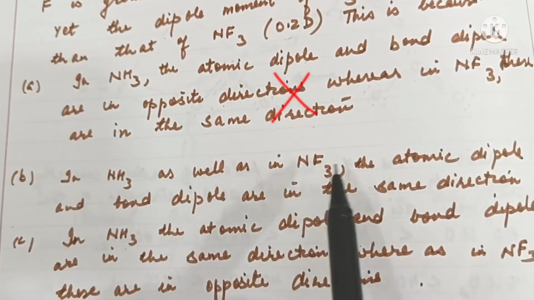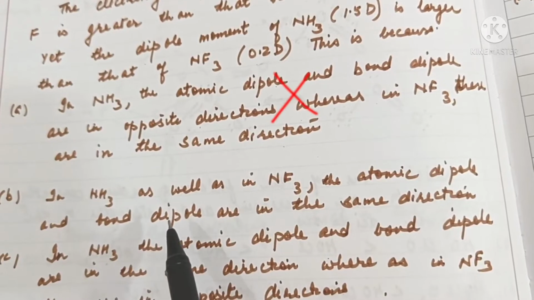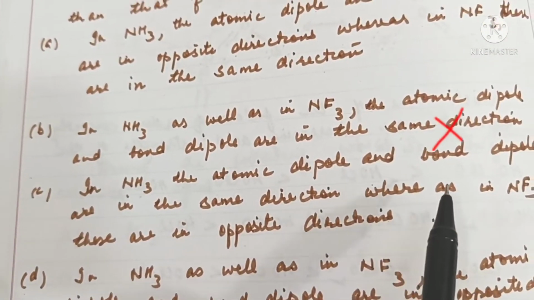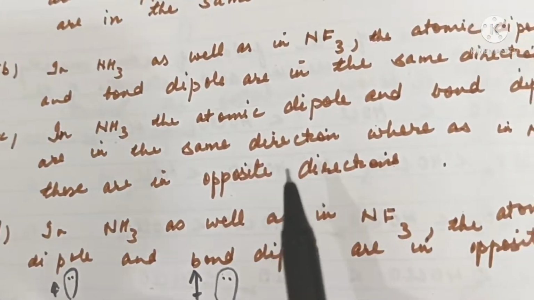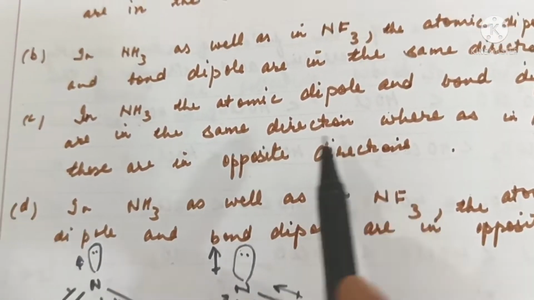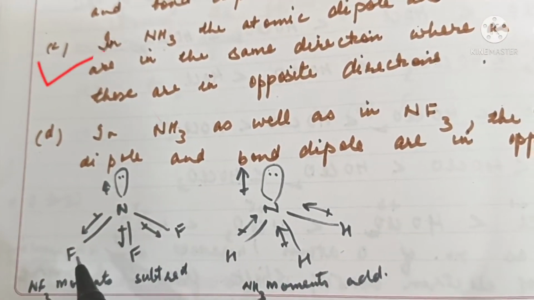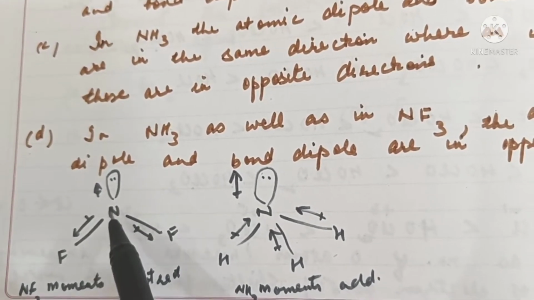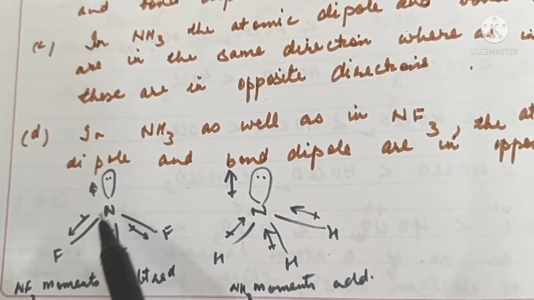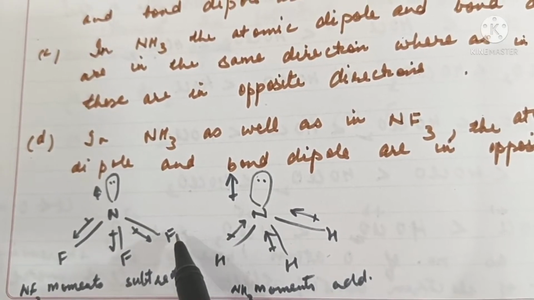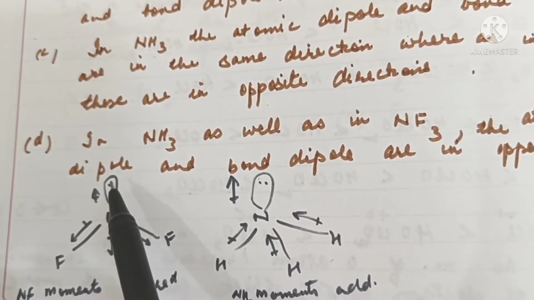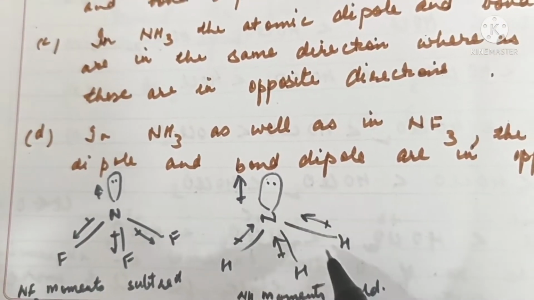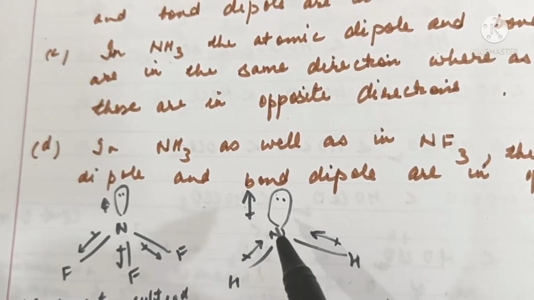In NH3 as well as in NF3, the atomic dipole and bond dipoles are in the same. No. In NH3, the atomic dipole and bond dipole are in the same direction, whereas in NF3, these are in opposite direction. That is true. In NF3, fluorine is more electronegative than nitrogen, so the bond dipoles are pointing out towards opposite direction, so the net resultant dipole is less. So NF3 has less dipole moment, whereas in NH3 they point in the same direction, so the net resultant is